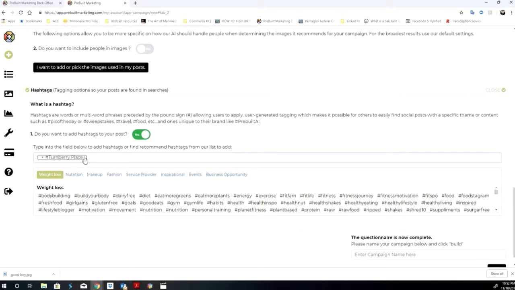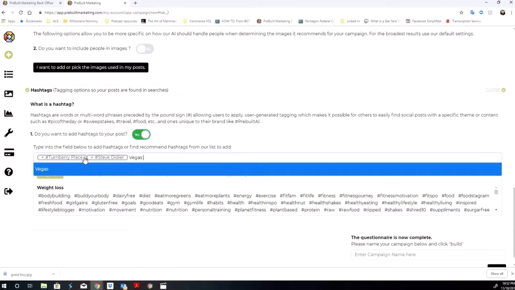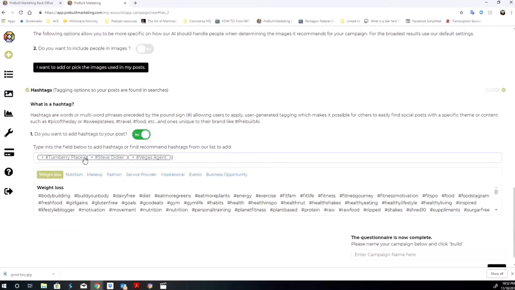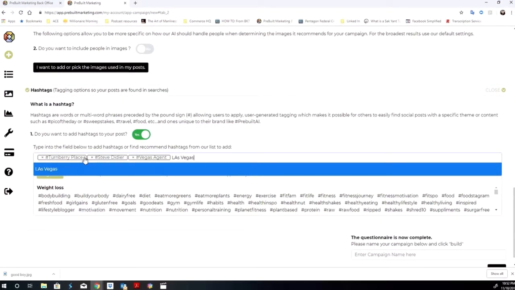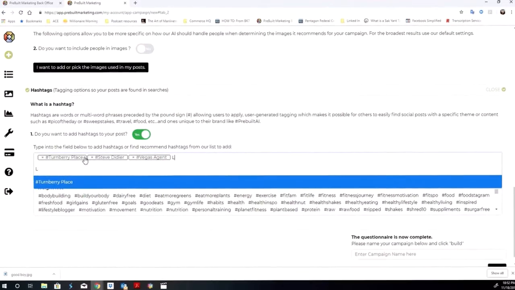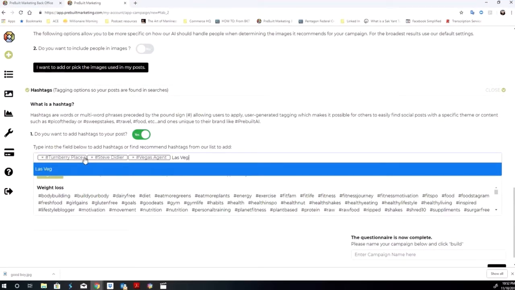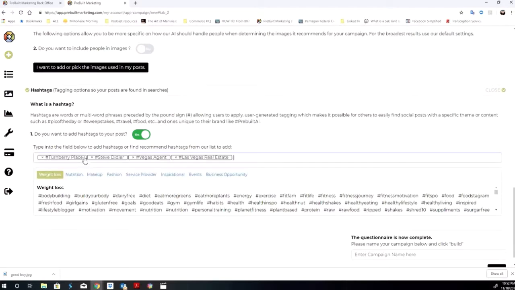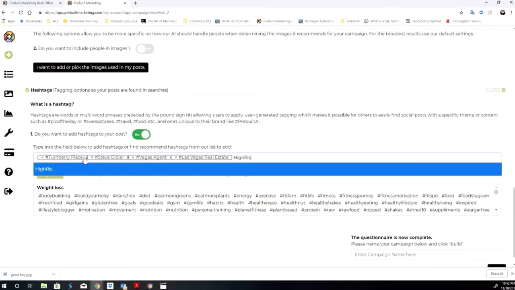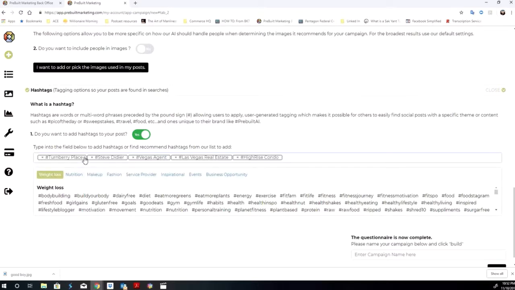You can tag yourself if you wish. You can be Vegas agent, Las Vegas realtor, or Las Vegas real estate, high-rise condo. I'm not going to get into an explanation of hashtags. You probably understand how they work, but choose some good ones that are very appropriate for whatever campaign you're doing,